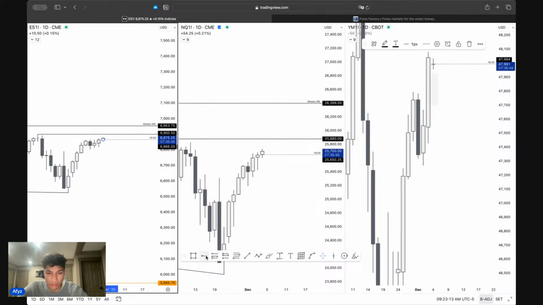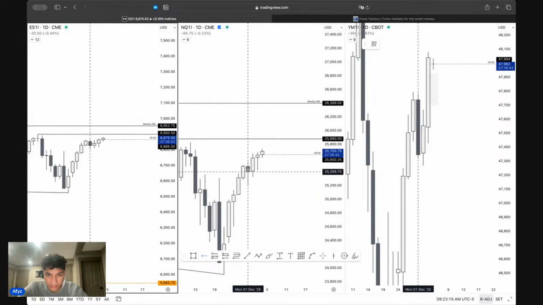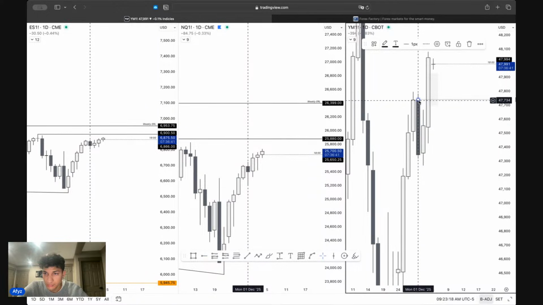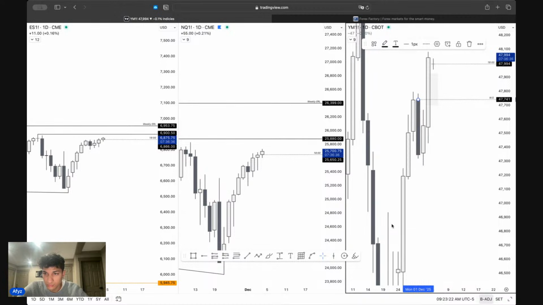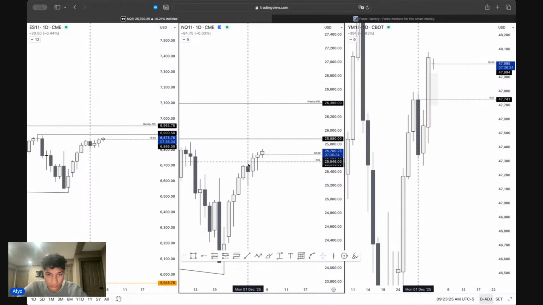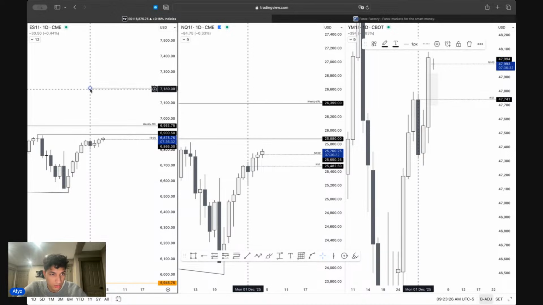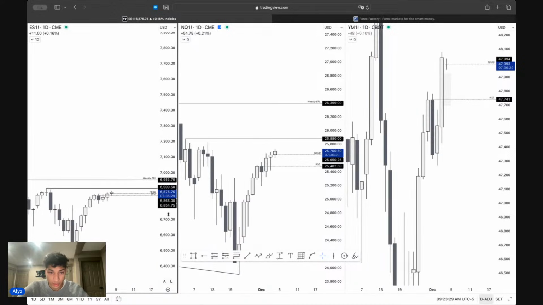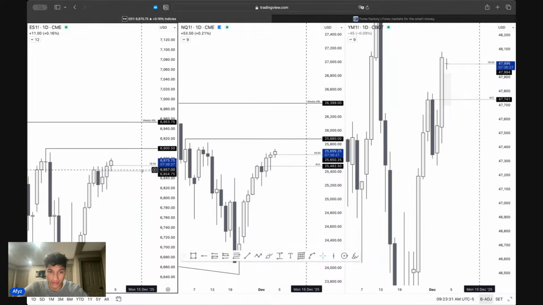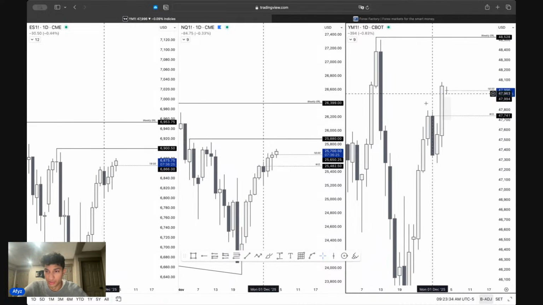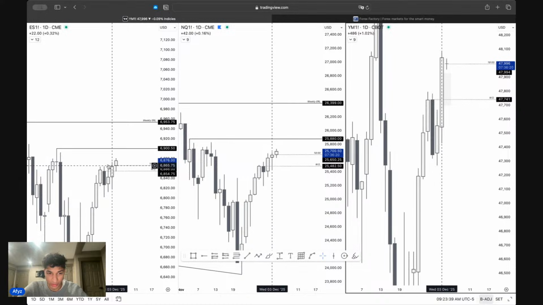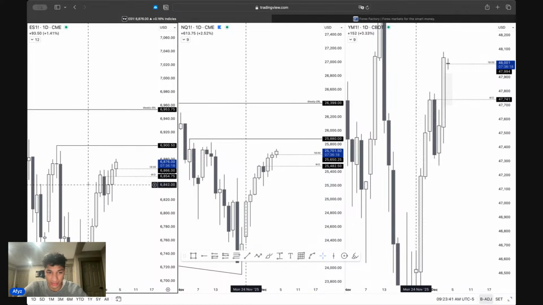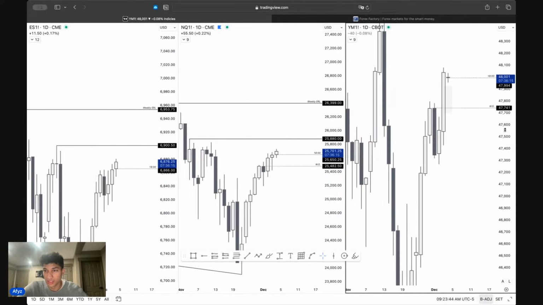So we look at our weekly open right here on Monday. Right here. Notice how we've expanded away from our weekly open here on the Dow, whereas ES has this stacked open. We're utilizing the weekly open as support right now, but we're kind of trading in context of it. This shows me that this low is likely a better low to trade away from on this weekly candle for